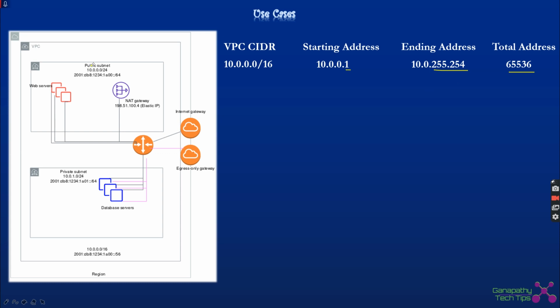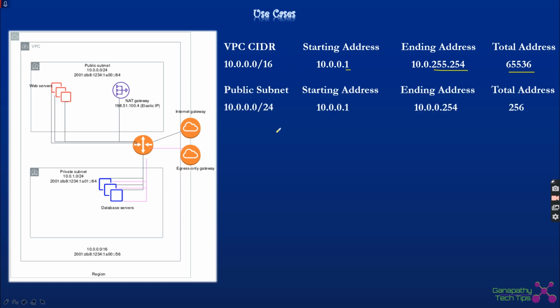Now I need to design a public subnet and a private subnet within the VPC. These subnet IP addresses must be in the range where the VPC CIDR is defined. So how can I define that? I can define a public subnet as 10.0.0.0/24, so that it will give me 256 addresses. It will start with 10.0.0.1 and end with 10.0.0.254.